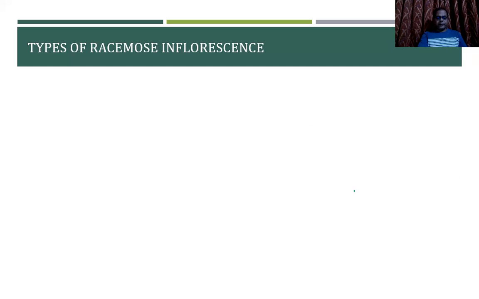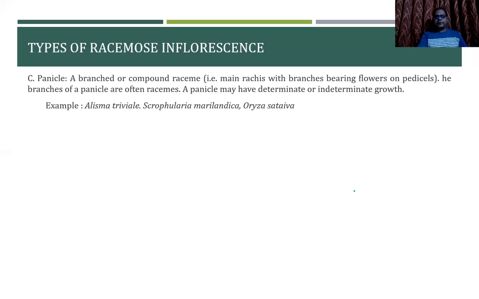The next type of inflorescence is the panicle. We know that in the case of the panicle, the raceme inflorescence is branched. So from the pedicel itself, there are other pedicels coming out. That is what it forms. This kind of inflorescence is known as the panicle. It is a branched or compound raceme. It will be easy for you to remember what kind of inflorescence is what when you understand the logic behind it.